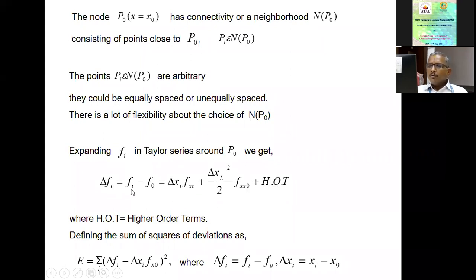I am saying that we know the value of F at the surrounding points and O. That means Fi and Fo are known. So what is unknown is Fx naught, that is the derivative of the quantity F. So this is what we are really interested in. Suppose I am able to evaluate this, that means I have a way of finding the derivatives of the fluxes at any point in the cloud of points. Once I know this, having approximated these derivatives, I can have a suitable time marching scheme from which I can solve directly for the conserved vectors.